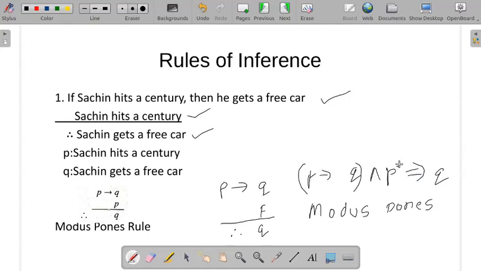So P conditional Q and P infers that it is Q by modus ponens rule. This argument is valid. So in this problem, always after you arrive that according to some rule, in this case modus ponens rule, it is a valid argument, you have to write the conclusion. So according to modus ponens, this is a valid argument, you have to write.